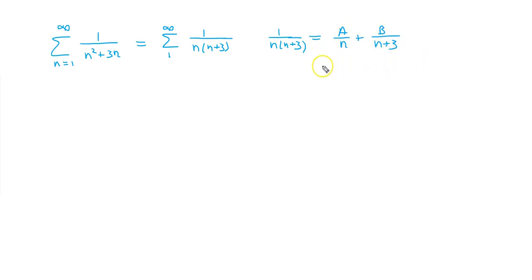Now we have to figure out what the a and b are, so we'll cross multiply here and we get, now we set the numerators equal to each other. We set those two terms equal to each other, and we have to figure out what the a and b are. So we set